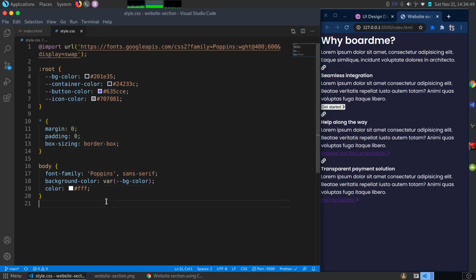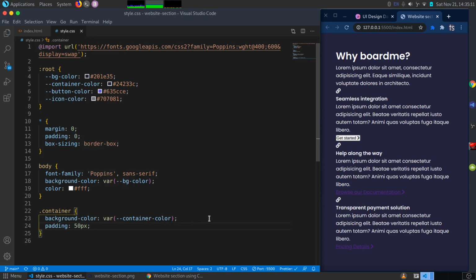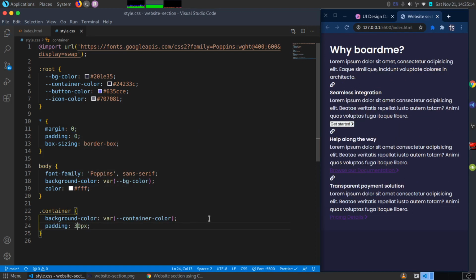Okay, now we can begin to style the container, and I want the container to have a background color of container-color, that I've also placed a variable for, like that. You can see it's a bit lighter than the background color. Let me add some padding on the container of 50 pixels. Looks too much. Let me say 30 pixels. Okay, and I want a margin just so I can leave some bit of space between the container and the background color of the body. I want to say a margin on the top of 50 pixels and 20 pixels on the left and right